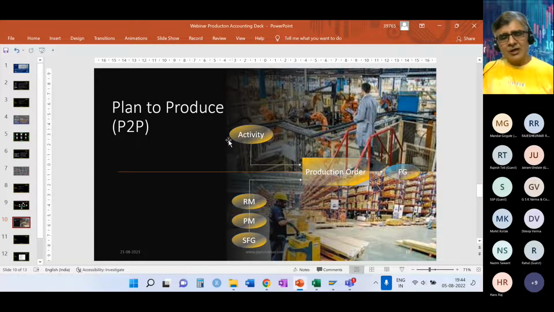And then you will have activities. What are activities? Activity is nothing but the conversion. You do activities depending upon different industries. You may have machine related activity, labor related activity. There can be many different activities the way a company would like to define. And then there are all the processes within the production order. And then finally you have output. It can be finished goods or it can be semi-finished goods.